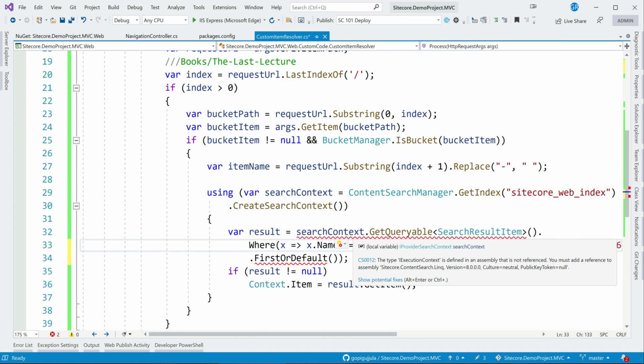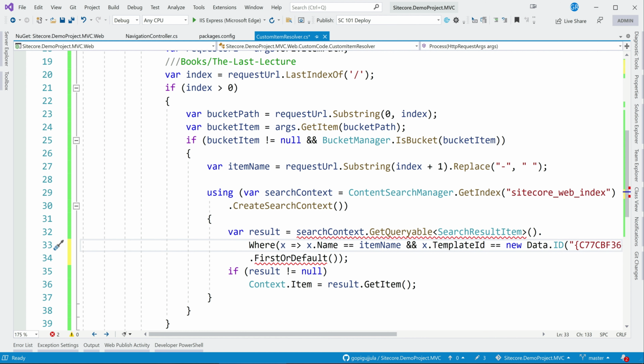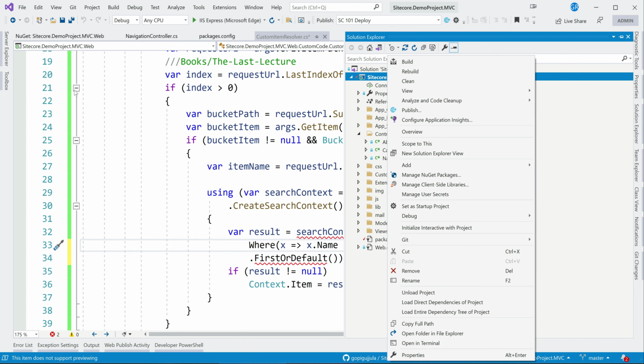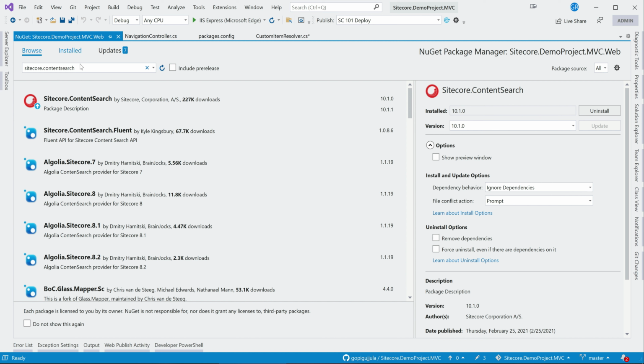Execution code is defined in an assembly. That is okay. There is another assembly or another NuGet package we are missing, which is Content Search and .Linq.